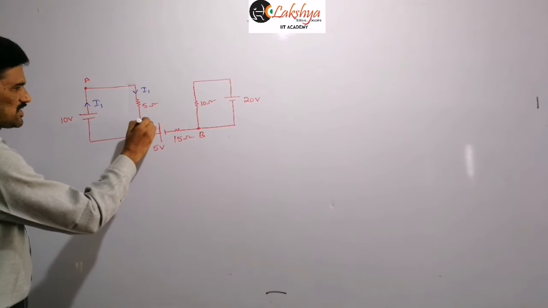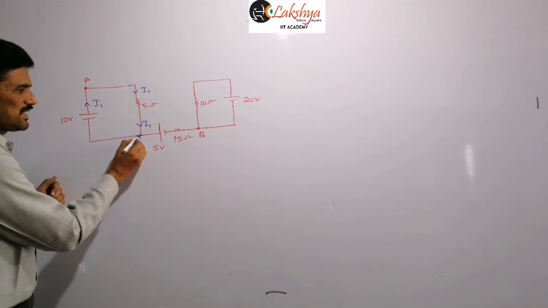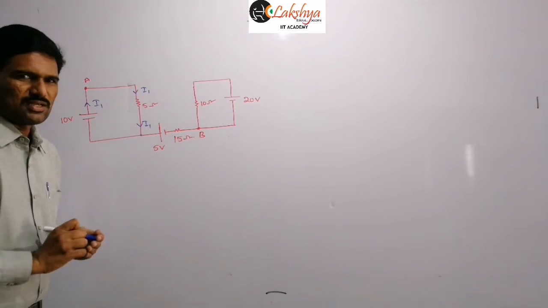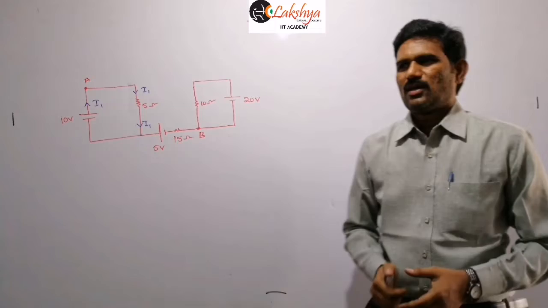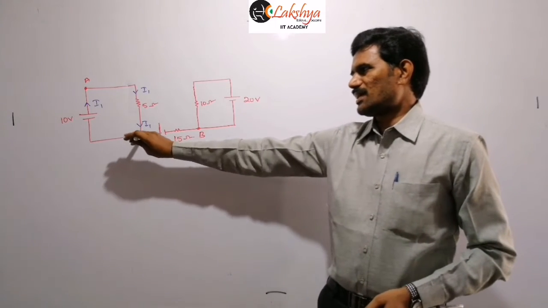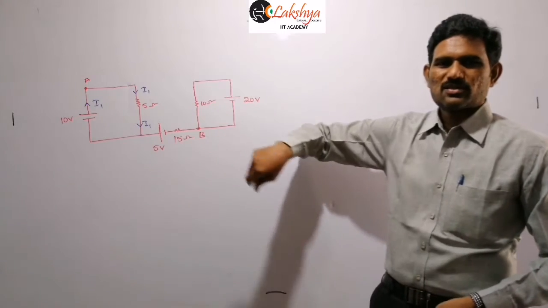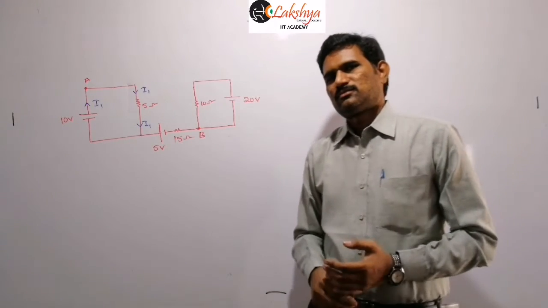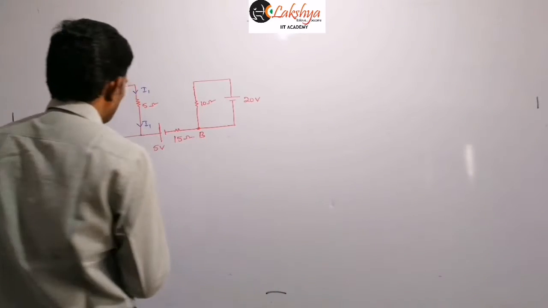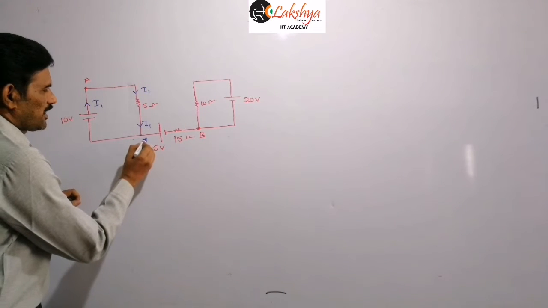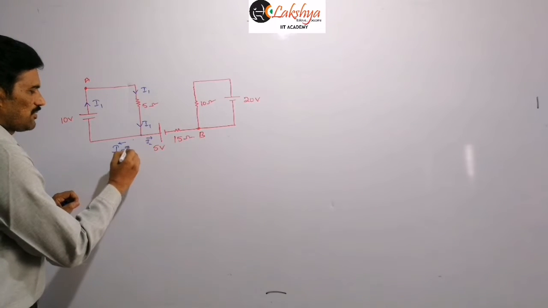And next, when you are reaching this junction here, is there any distribution or division of current? Because generally when two paths are available, the current will divide, right? But here at this junction, can you say that I1 divides, that means some amount of I1 flows like this and some amount flows like this? Is it possible? Suppose I assume that some I2 is flowing along this direction, and then the current flowing in this direction will be I1 minus I2, right?